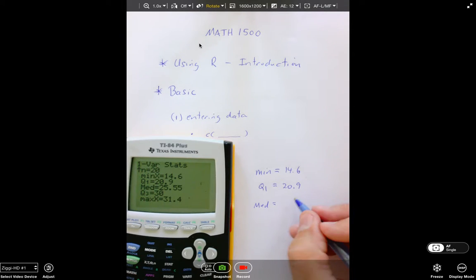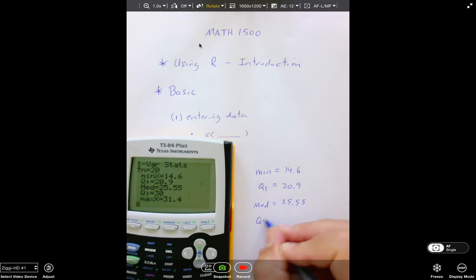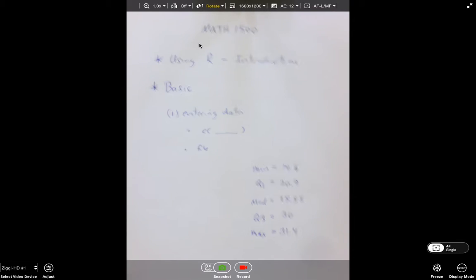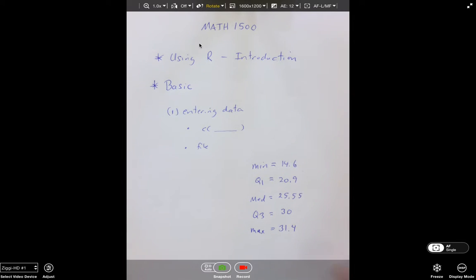The median is 25.55. Q3 is 30. And the maximum value is 31.4. Now, we've already talked about this a little bit, but if we wanted to do a box plot for this, what we could do,